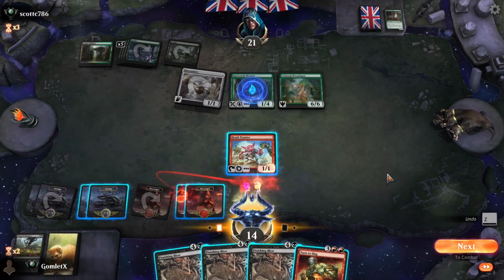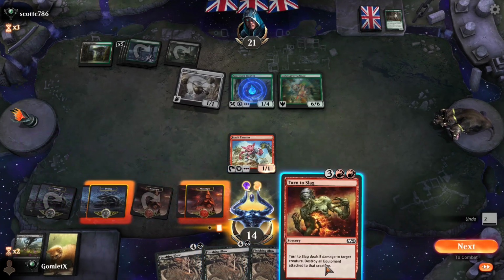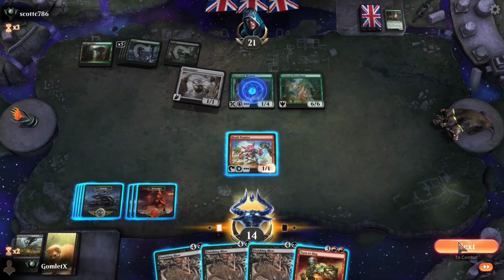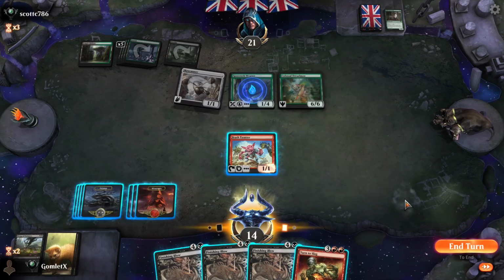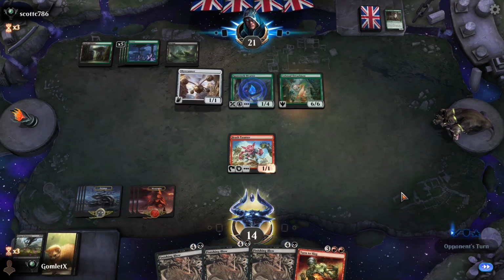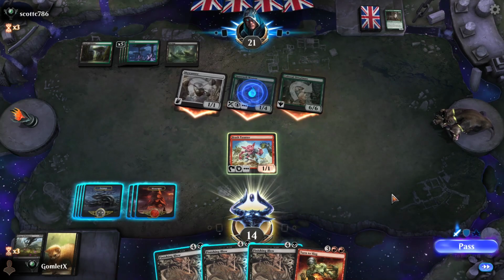Do I have enough mana? No, I don't even have enough mana to fight Dreadmaw and throw a Turn to Slag on it, so I'll have to Finishing Blow. Finishing Blow isn't instant though, so I can wait on that. I'm very, very surprised that they didn't attack with the Spore Cap Weaver. I'm super happy they didn't though,